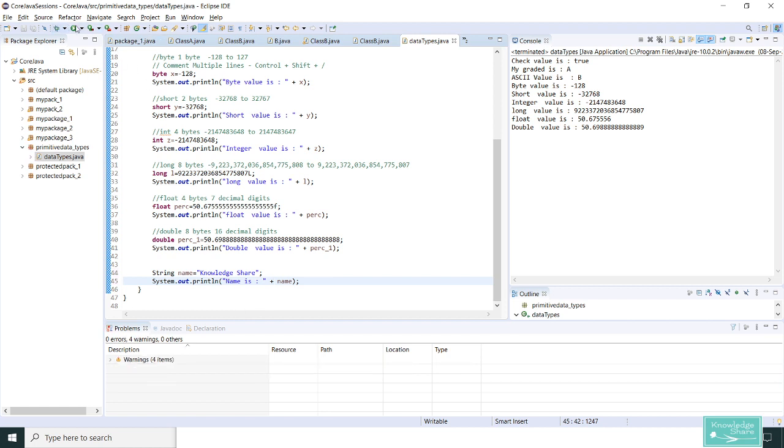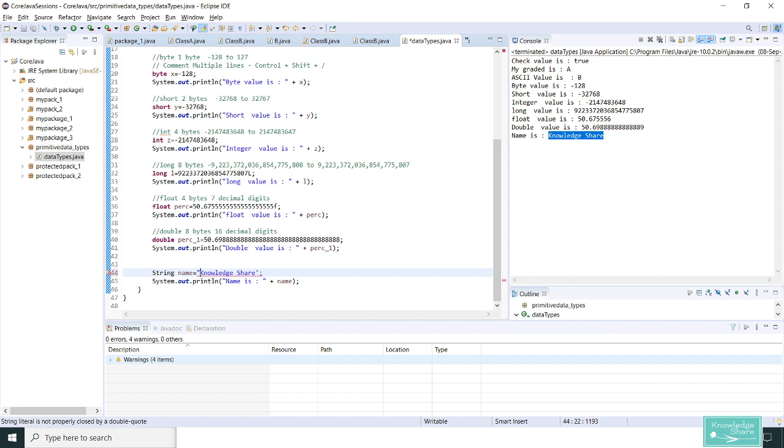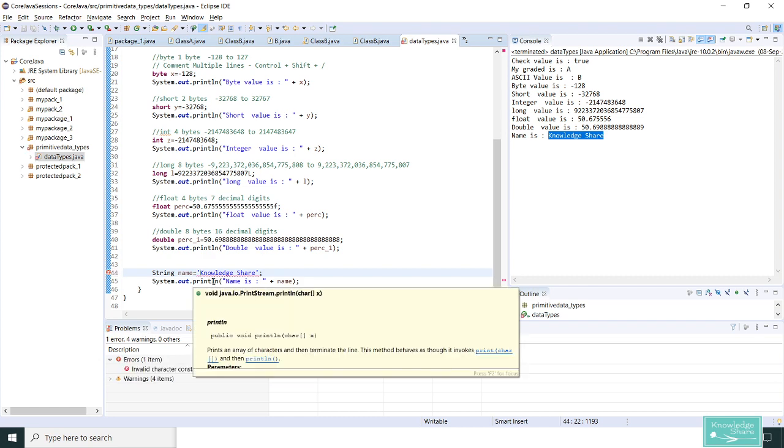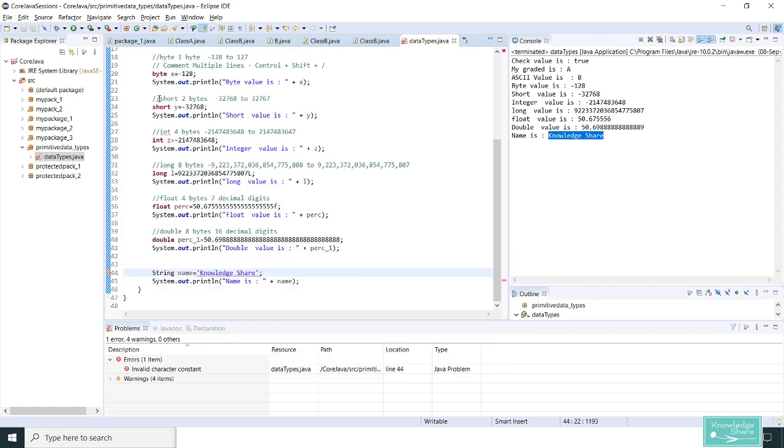Let me run this. See, it printed. Let me give single quotes and try. See, is it accepting single quotes? No. Why? Because that's a string and this is a character, right? Now, if I give it as char, then it accepts single quotes. Sorry, it does not accept single quotes with a long string. It accepts only a single character.